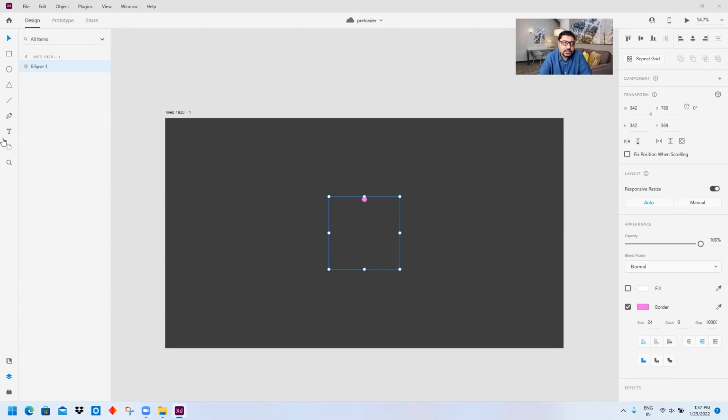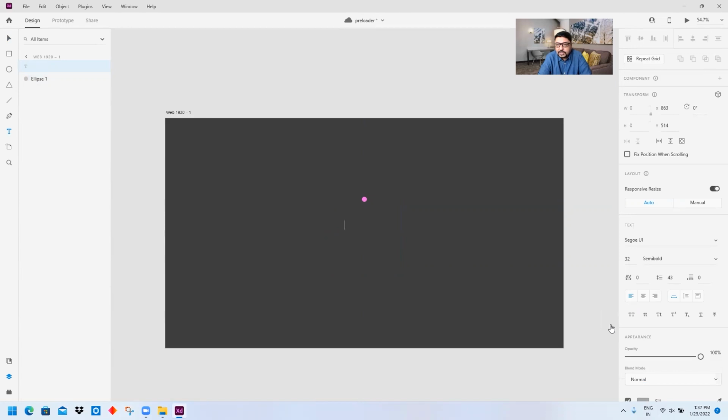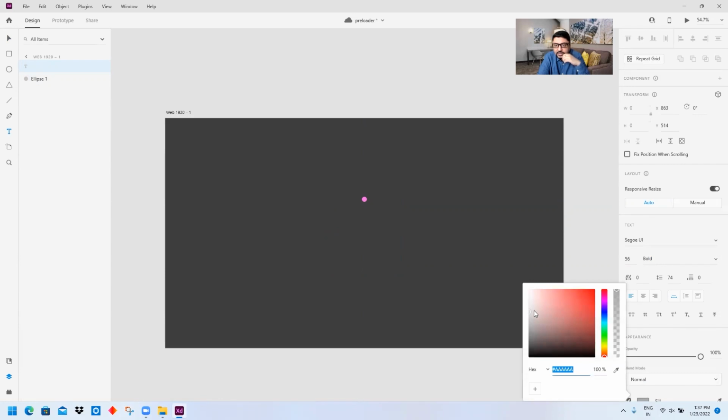Let us first go to our text over here. For this text, 32 will be okay. I guess I will take it to 56 maybe, and I'll take a bold one over here, and I think this gray is perfect for me.